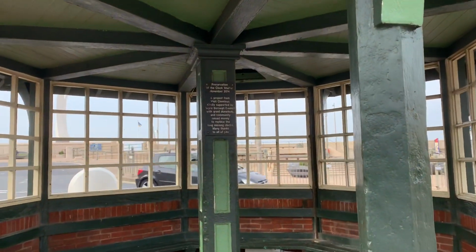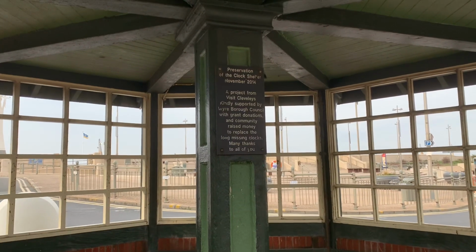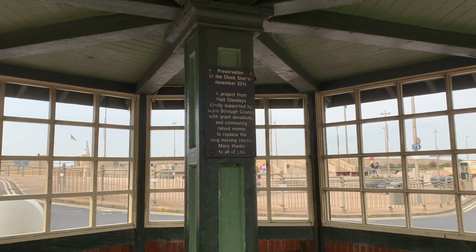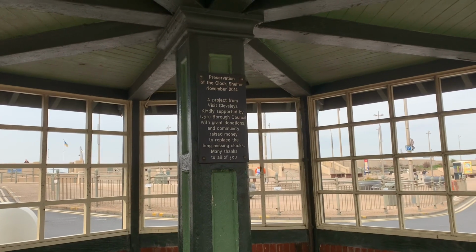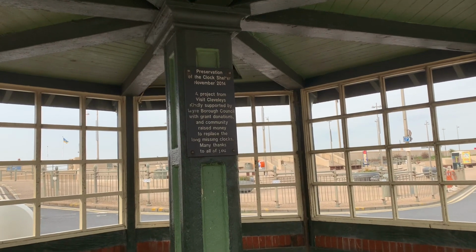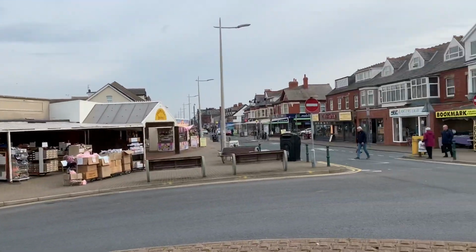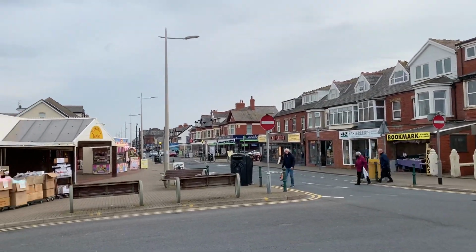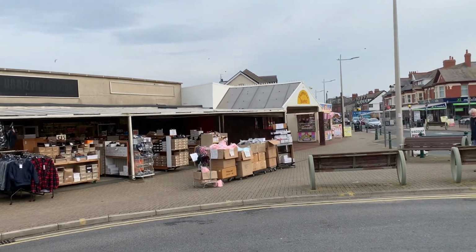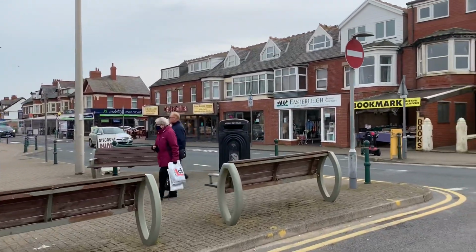I just want to point this out while I'm here. The clock shelter, it was November 2014, it's 6 years since we did this, and it was declared finished when the Christmas lights went on. And this was the first thing that I did with Visit Cleveleys. There'd been a rumour going round that it was going to be removed, and nobody wanted it removed. It was in an awful state of repair. The roof was just about hanging off because it had been